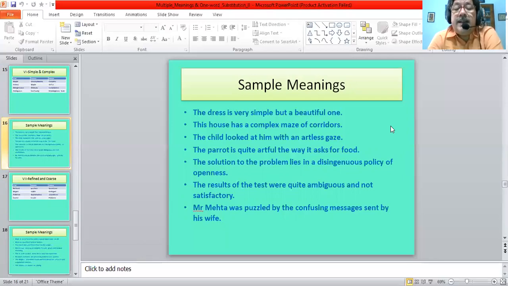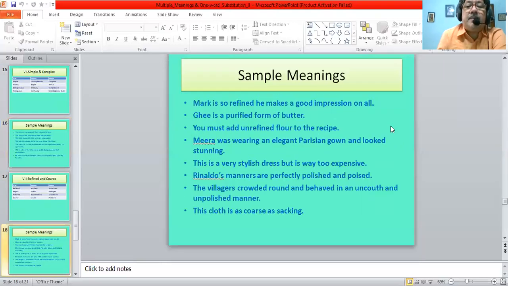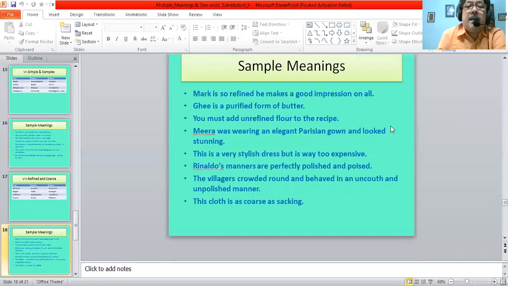The results of the test were quite ambiguous and not satisfactory. So that means they were a little confusing. Mr. Mehta was puzzled by the confusing messages sent by his wife. So he didn't know what to make of the messages, which were a little contradictory. So these are some sample sentences illustrating the meanings, dealing with simple and complex. Now we shall look at another cluster dealing